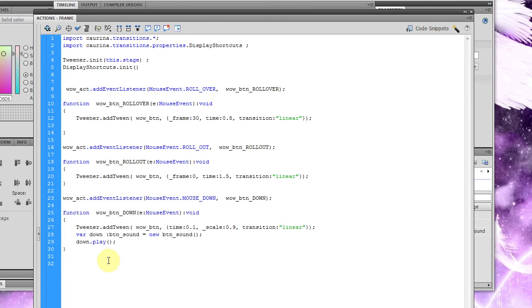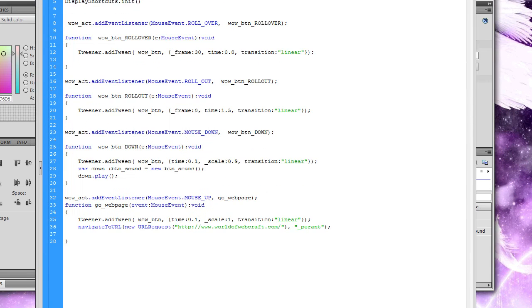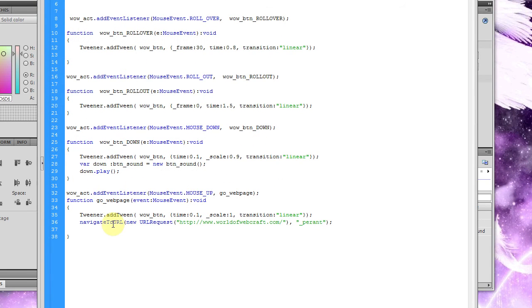Okay, and the last one, of course, is to go to the website. So if I just bring that up, now we're going to the website. So as we do it, I'm using the mouse up. So we clicked it down to make the sound, but on mouse up, we go to the web page. And that function is just to go to a new URL. And of course, that URL is